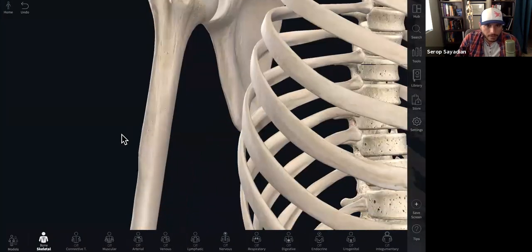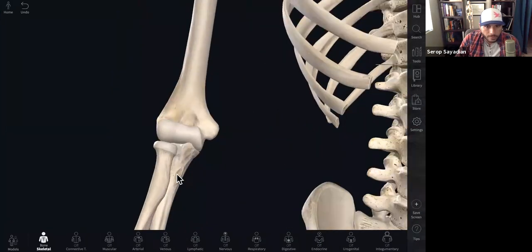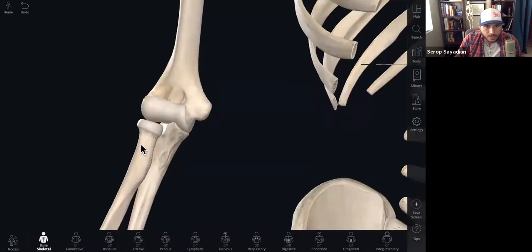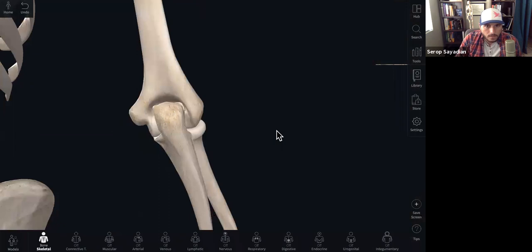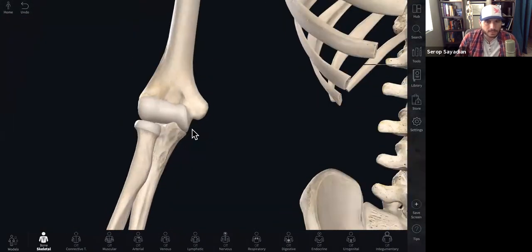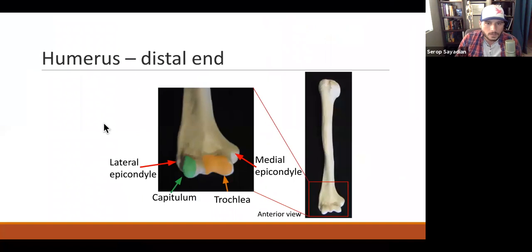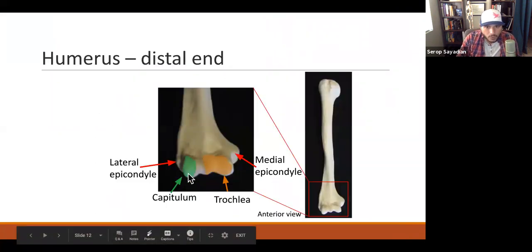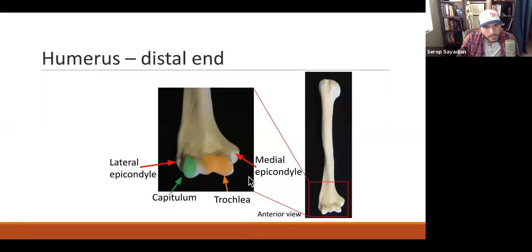If we go on Arthur here, you'll see how there's two bones in the forearm, right? One of them is going to attach to the capitulum. The other one's going to attach to the trochlea. Let's talk about these two bones. First one is radius, okay? Radius, all you need to know is the head of the radius. The head of the radius has this round part at the top, and it's going to attach to the capitulum. So the head of the radius is attaching to the capitulum. If you look at it on Arthur,